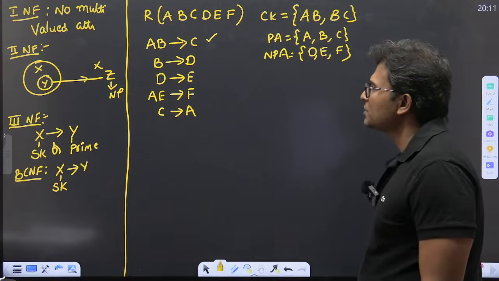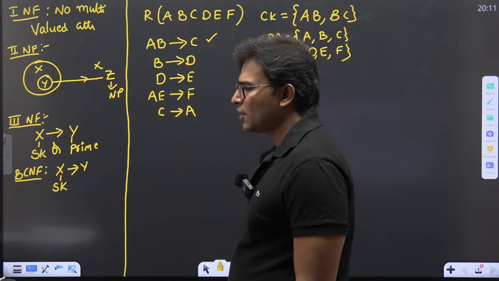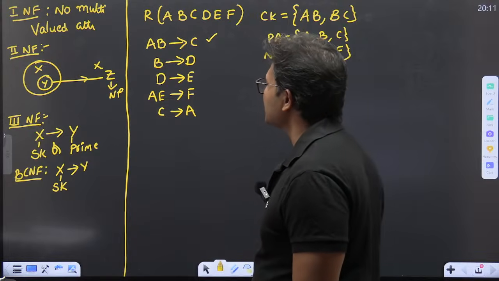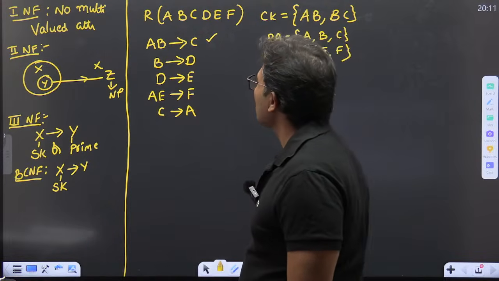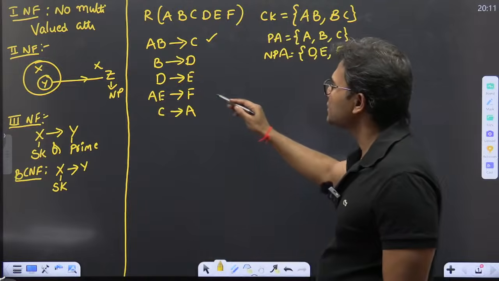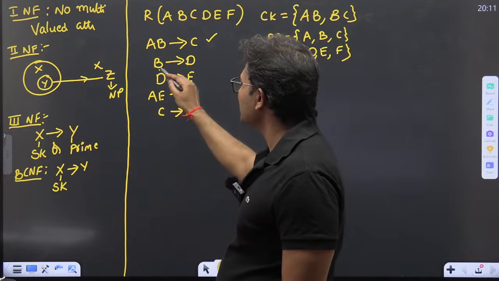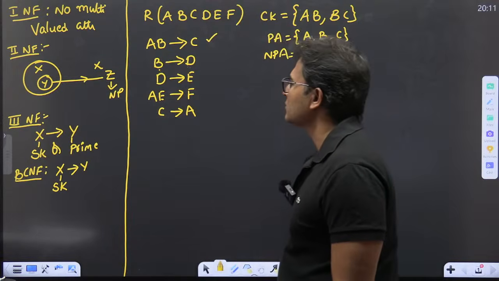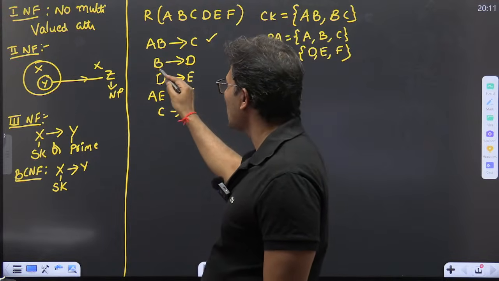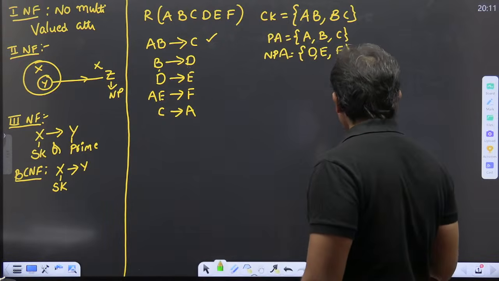Now coming to these four, let us see whether there are partial dependencies. B determines D is there, and this is a partial dependency. Why is this a partial dependency? Because B is a part of a